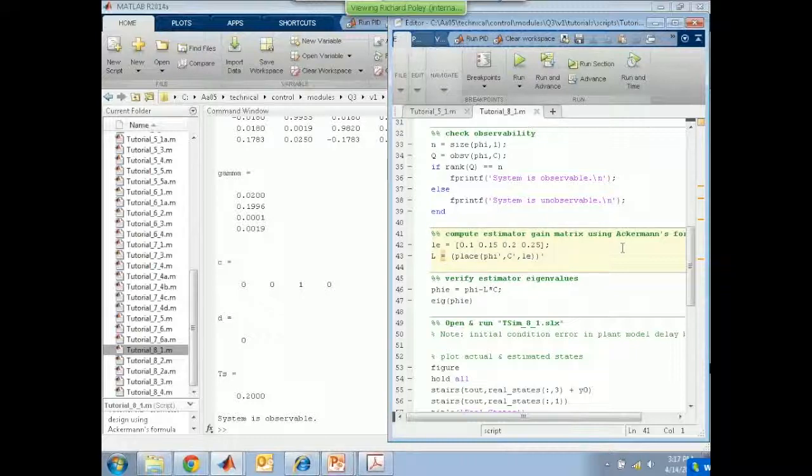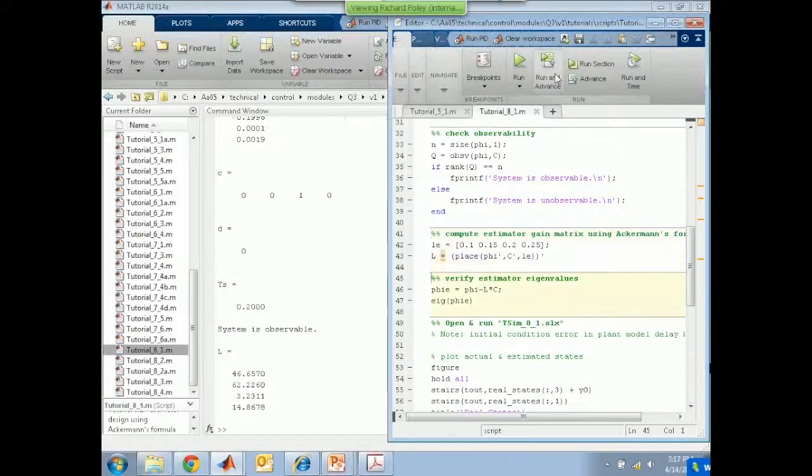It'll produce for us L transpose, which is the dual of K, and we have to give it C transpose, and then transpose the whole result, which is what's going on in that line. So this should give us the L matrix, which should be an n by 1 matrix. There it is, n by 1. And there are the numbers. We don't have to be so alarmed by big and small numbers now, because they're just numbers. The computer will handle it.